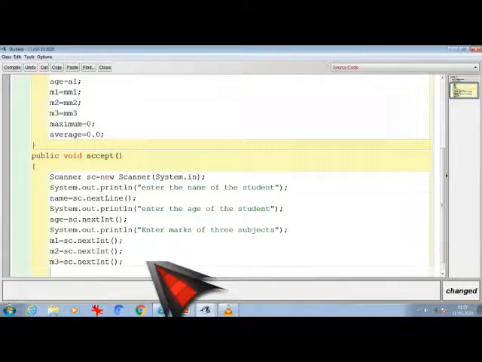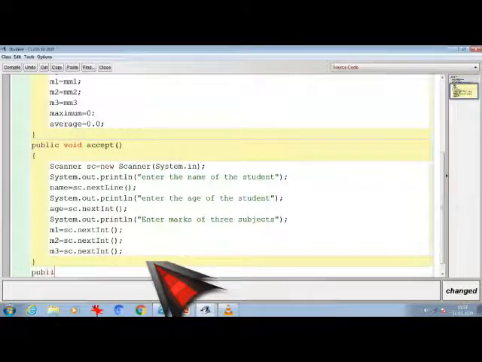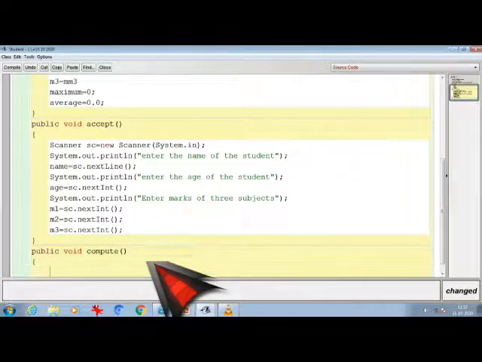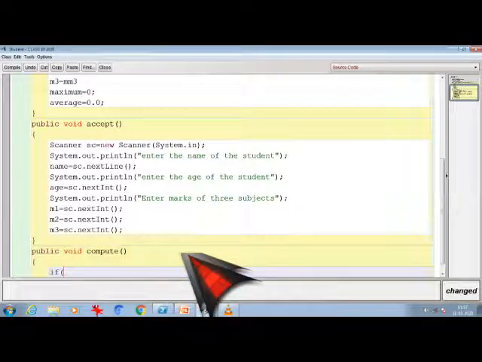Now after this I will write public void compute to find the maximum between the 3 numbers. You can write ternary operators also, so let me use a ternary operator. Maximum equal to, first comparing: if m1 is greater than m2 and m1 is also greater than m3, then m1 is the actual number.